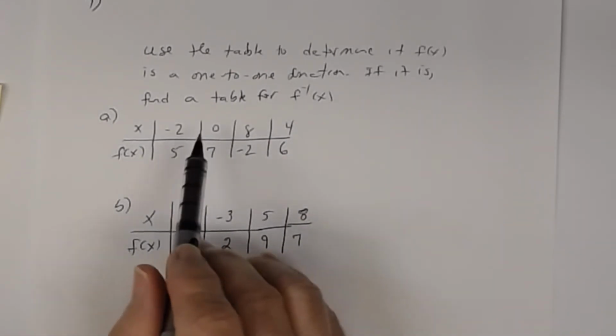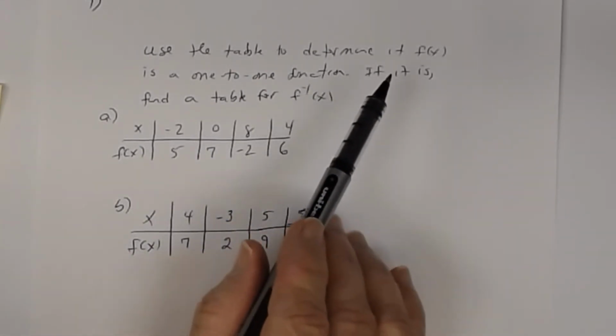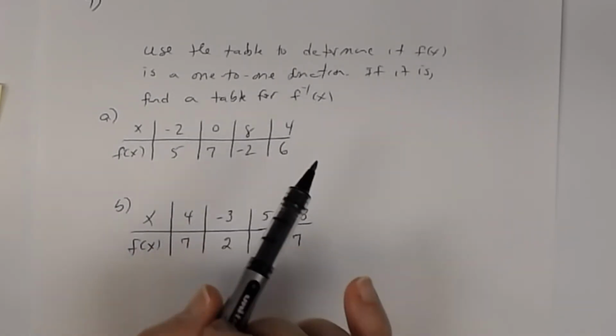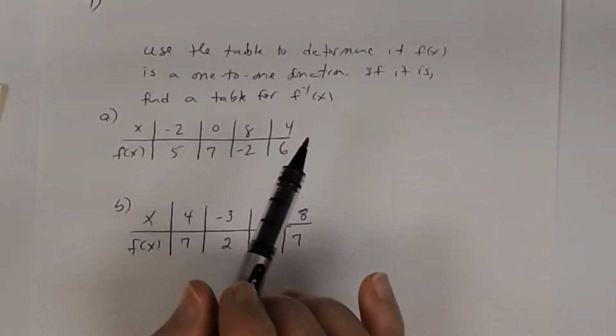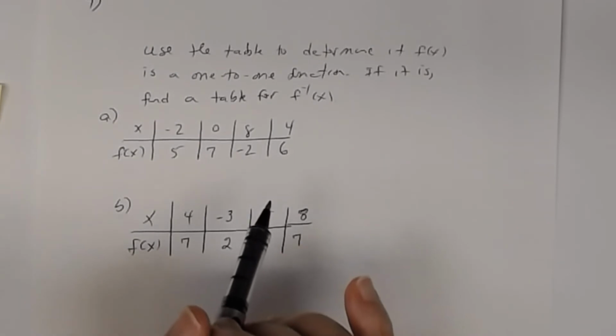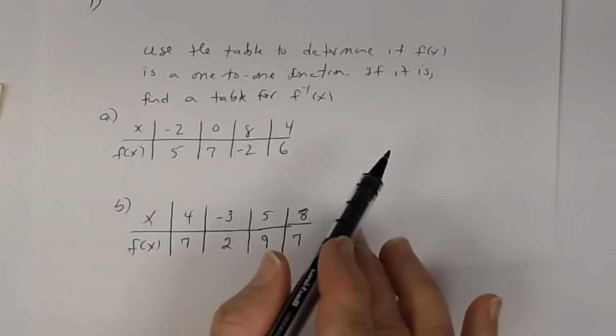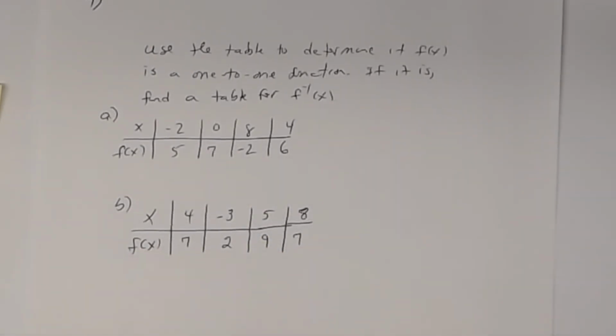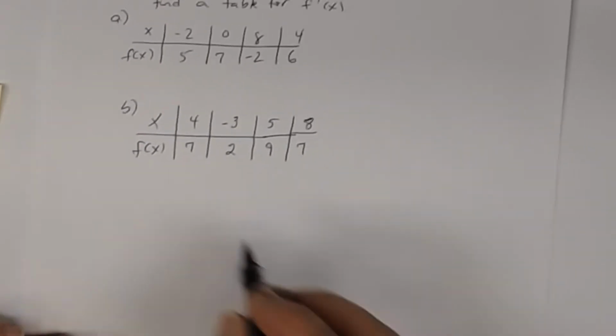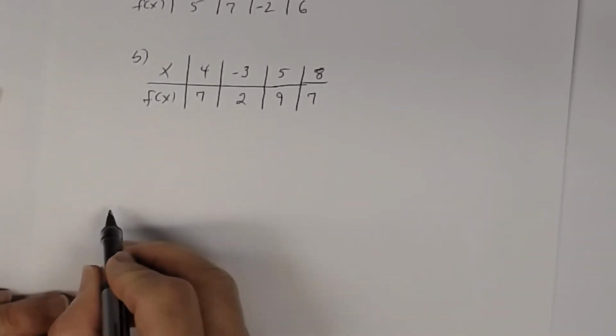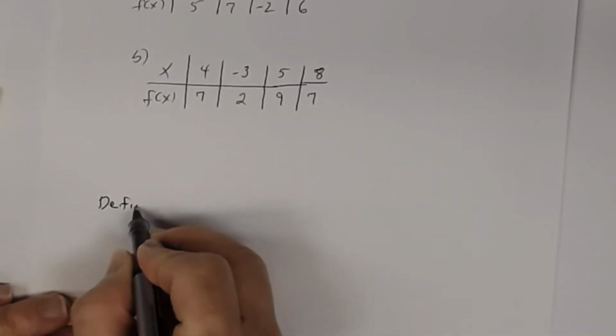Now you have two functions, they're both called f of x. So use the table to determine if f of x is a one-to-one function. Okay? And if it is, then you find the table for the inverse. So remember the definition of one-to-one function. Let me go ahead and write this right here. So the definition of one-to-one function,